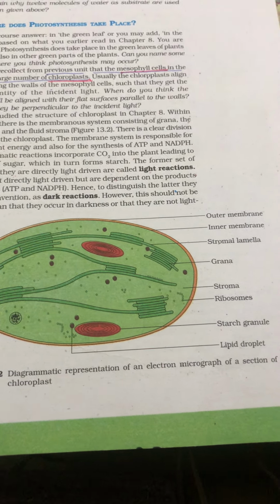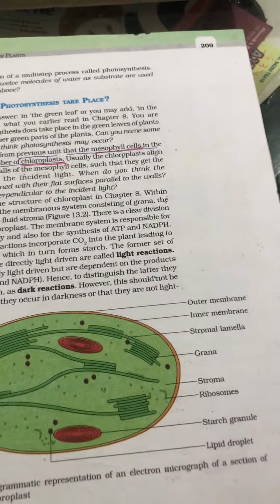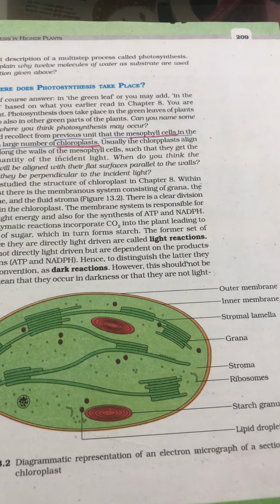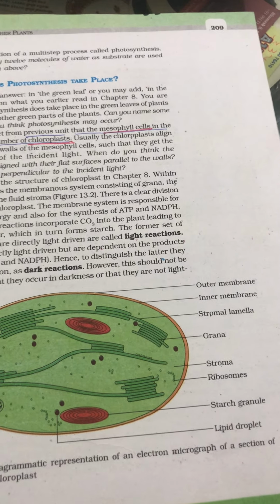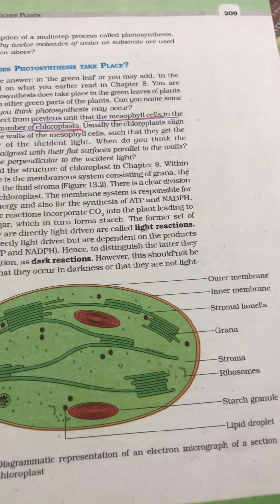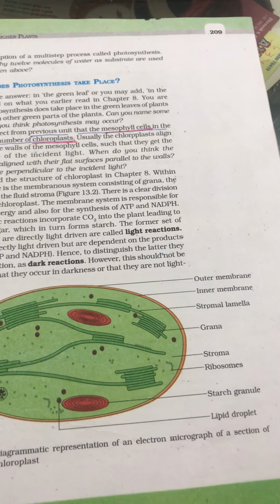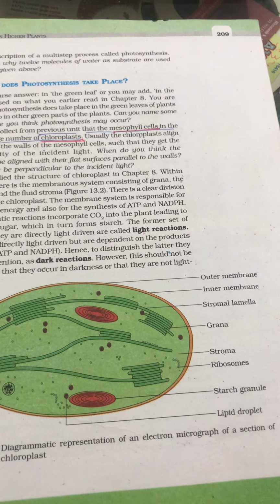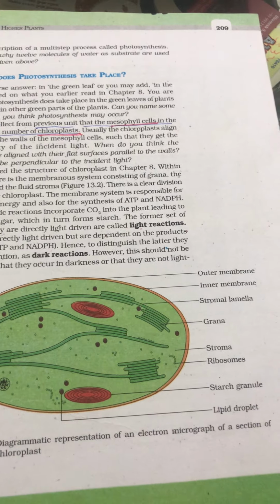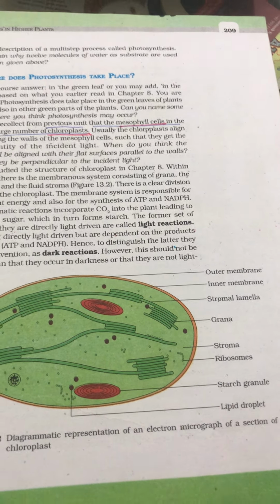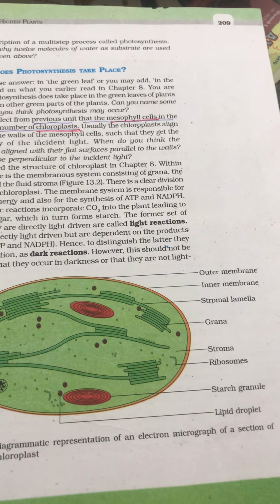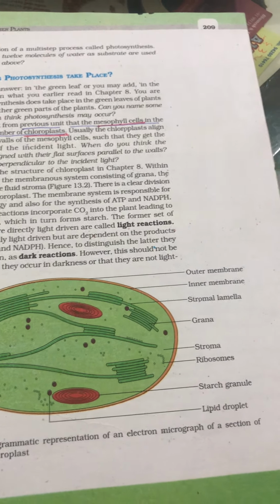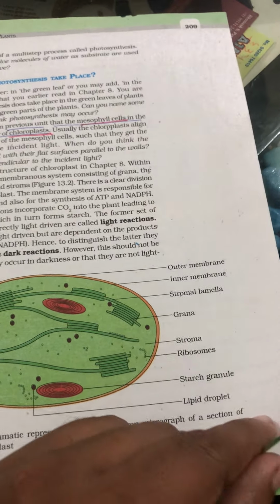So the outer membrane and inner membrane, they are for light dependent reactions. Here the light dependent reaction will take place, and they will produce ATP and NADPH, whereas in the stroma they are considered non-light dependent reactions, as they utilize the products of the light dependent reaction, that is NADPH and ATP. That's why it is called the light independent reaction, and they will incorporate the carbon dioxide and synthesize the sugar, which will be converted into starch. This much only you have to write.